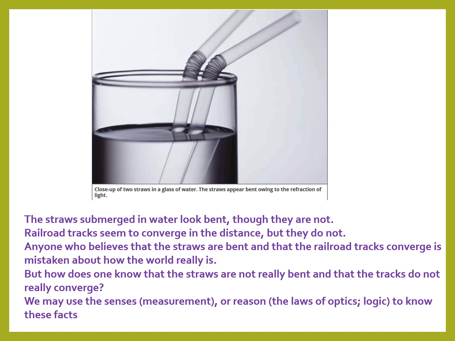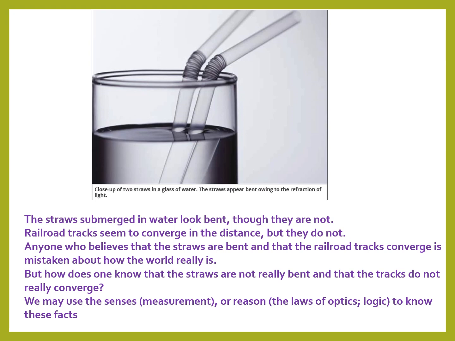Now, anyone who believes really that the straws are really bent and that the railroad tracks converge is mistaken. This is not how the world really is. But the question then is how we know that this is how the world really is. Which kind of epistemological approach can we use to gather the knowledge about what is really happening? So we may use the senses and measure things up,